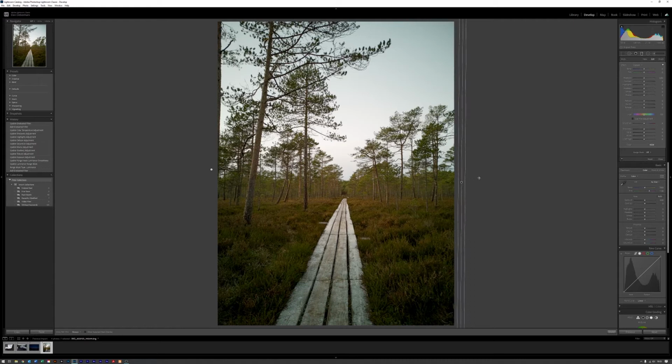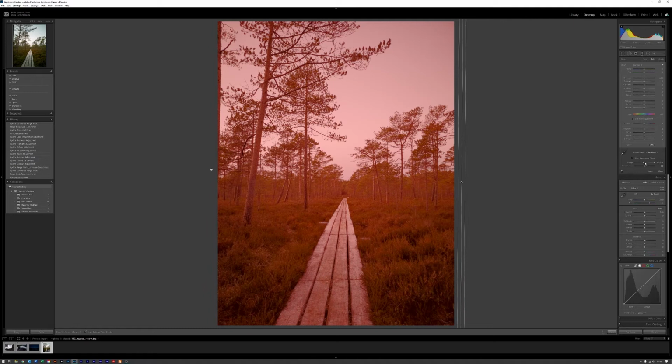That's just my OCD. Okay, so now we've got one set up for the sky as well. We're going to go down the same route. So we're going to go to luminance again, but this time we're going to grab the left hand range and we're going to move it across. If I just hit the O on my keyboard again, we'll move it up until we've got to a point where we feel like we're okay and we're touching on the things we want to touch on. So there we are with that.